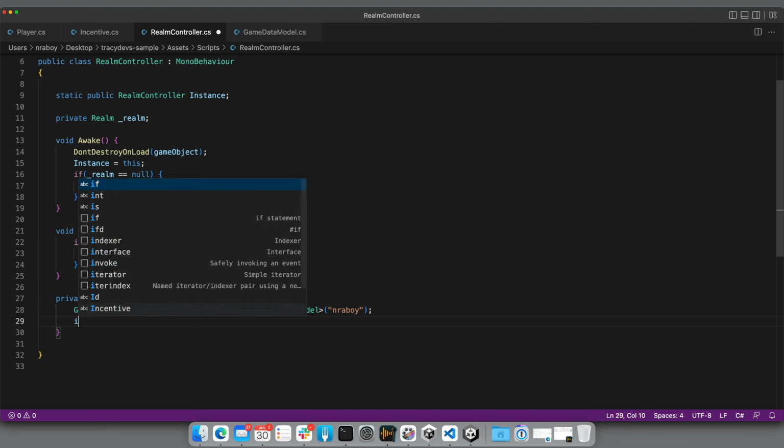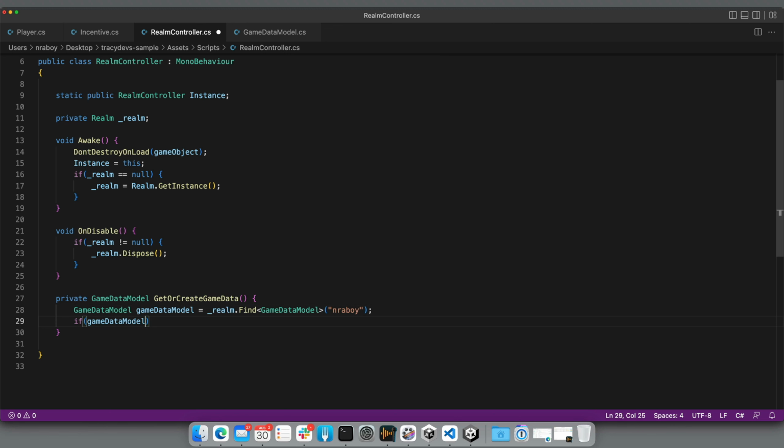So what I'm going to say is if gameDataModel equals null, so it doesn't exist, this is our first time trying to work with it, we're going to create it. Now we can work with our objects like C# objects. That's the point of an object-oriented database. However, to avoid problems when it comes to multi-threading and things like that, we do need to wrap it in a certain write block. We don't have to do that for reading, just writing, but that would look something like this. So realm.Write,